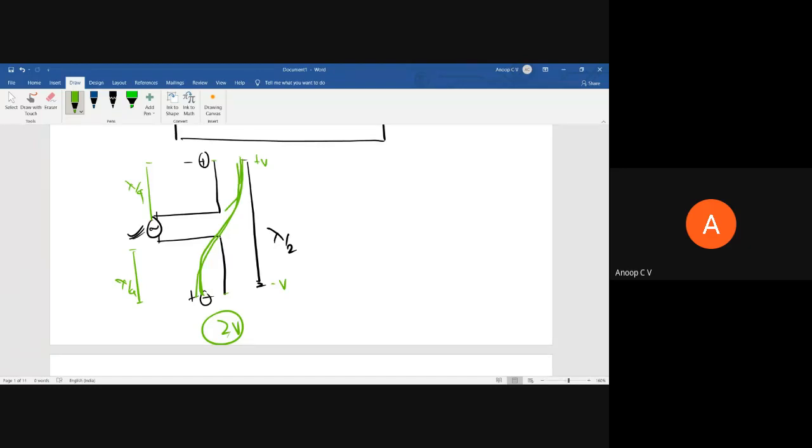Even then it can radiate, but the potential difference and hence the field produced will be less. And if it is greater than lambda by 2, there will be side lobes produced. The field will be something like this, so there will be a minima somewhere in between, and there will be different lobes. Maybe we'll discuss those things in detail in the third module.